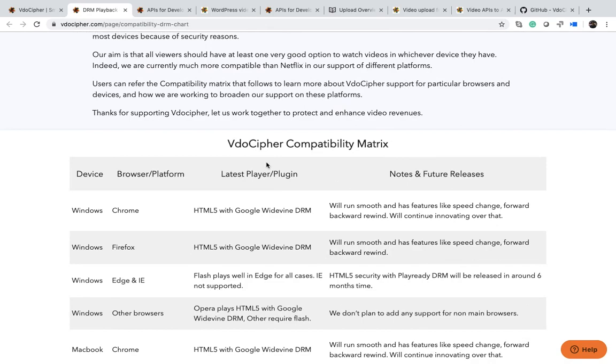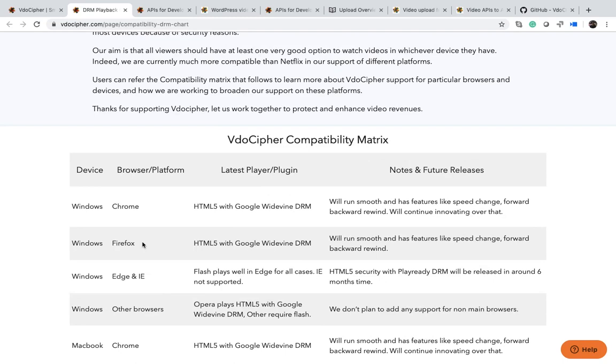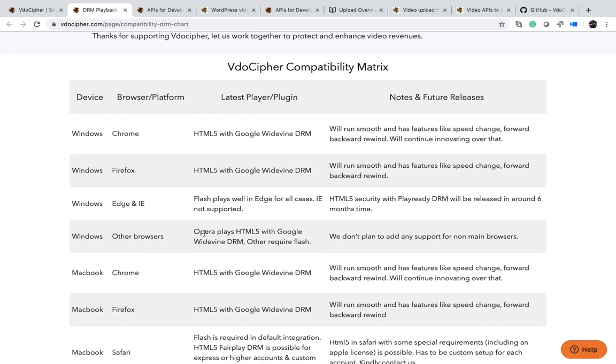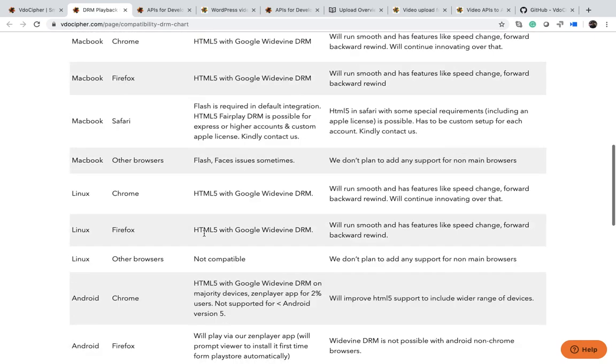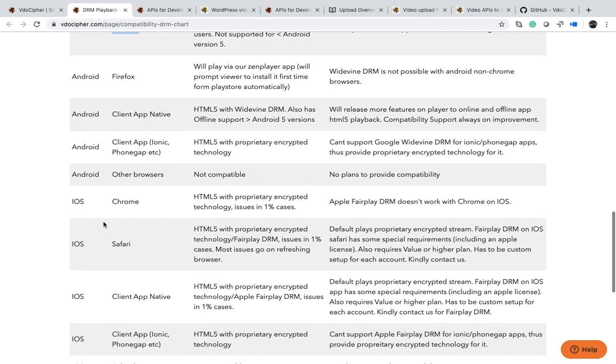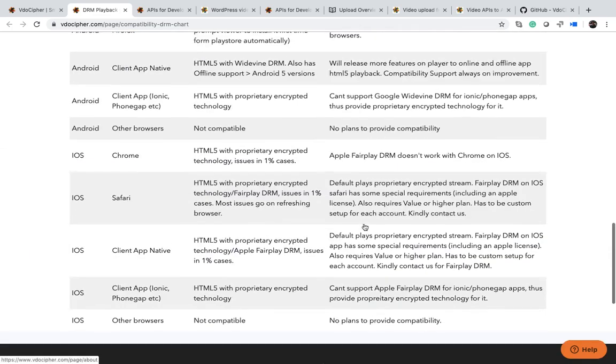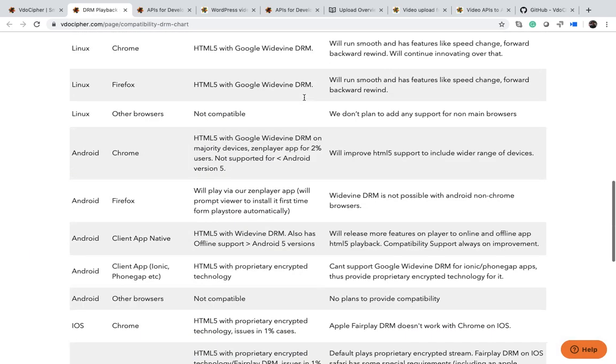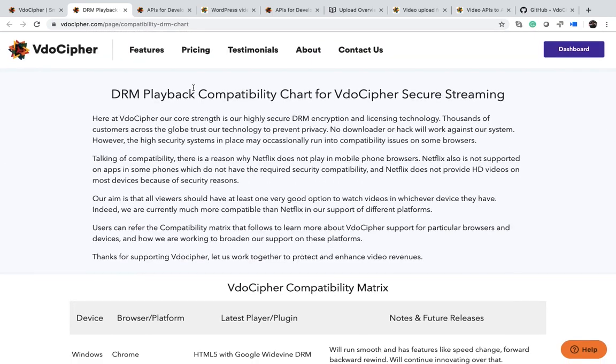But the summary is, if you are using any desktop, whether it is Windows, Mac, Linux or anything, then Chrome, Firefox and Opera play HTML5 content. Even Safari can play HTML5 content, though it has some modifications involved. If you are using mobile, say Android, then on Chrome it will play HTML5 content. If you are using iOS and opening in iOS Safari, then it will play HTML5 content. More details on what technology is being used here are explained in this detailed blog. There is also a separate video on the Video Cipher security details, which will explain more on these things.